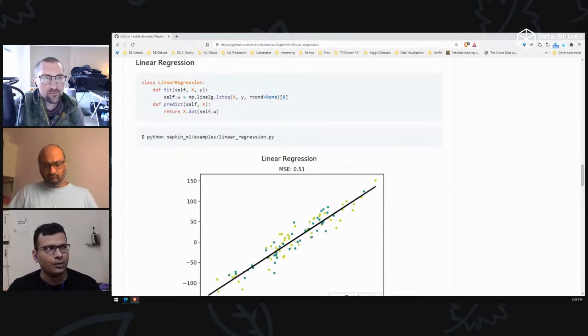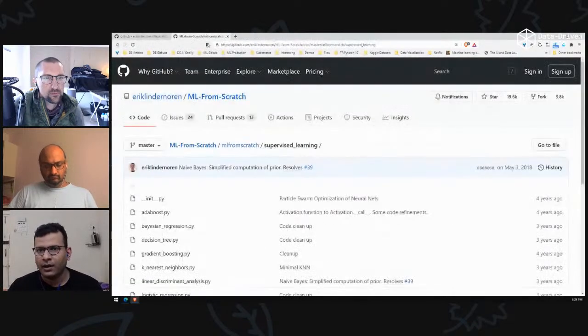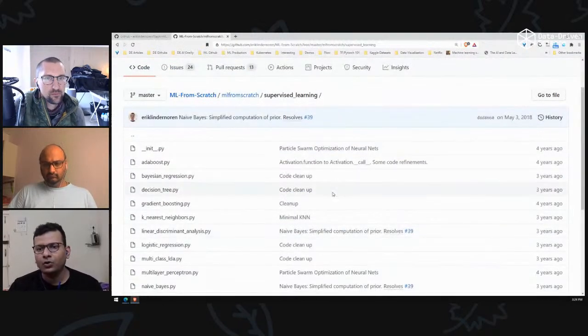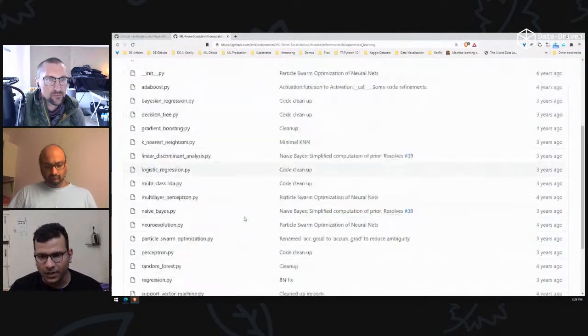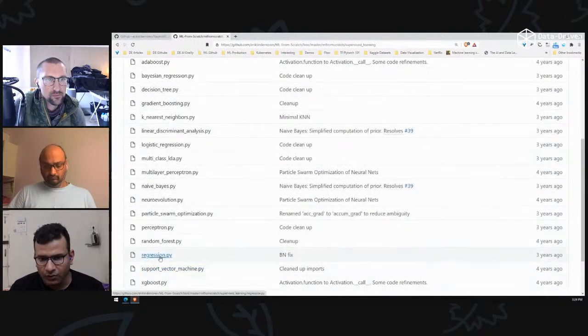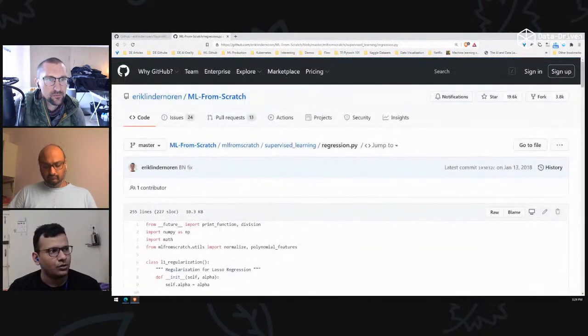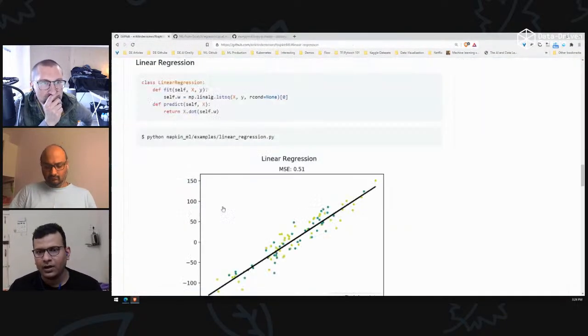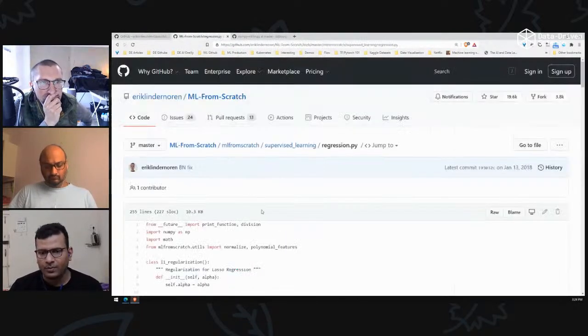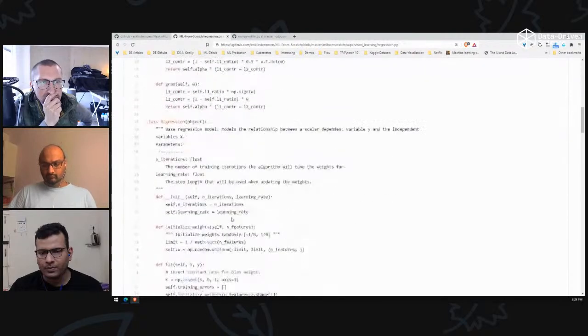Now, I know this is going to be quite complex for everyone to understand here. So let's go to a more detailed machine learning algorithm for the same linear regression. So let me find regression here, and let me also find something which uses NumPy so that it's easier. Okay. So I'm opening the NumPy linear regression algorithm as well. Napkin ML was using NumPy, but ready-made functions. ML from scratch is implementing everything from scratch.